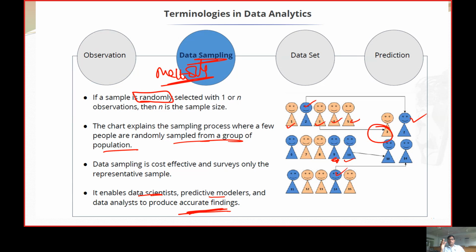As in the COVID time, you can understand the live scenario. When people invented the vaccine, first of all they tested it on some animals, then they chose some random people and tested it, and then they applied it to the whole population. So that is where sampling can be realistically applied.